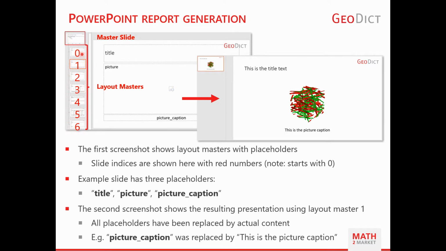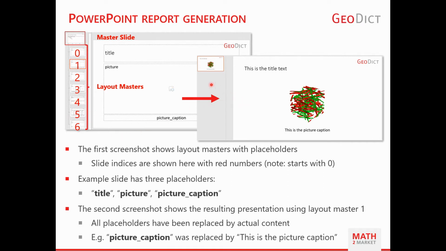But the most important thing for us when we want to programmatically access them is the numbering here. So you have to be aware that the master slides start numbering by 0. So the first one that you see under the first layout master that you see below the master slide is called layout slide 0, followed by 1, 2, 3, 4, 5, 6, etc. So when you want to generate a slide, you go into PowerPoint, you open up your master slides, and you check which slide you want to use, and you count the index of that slide and write that down basically.